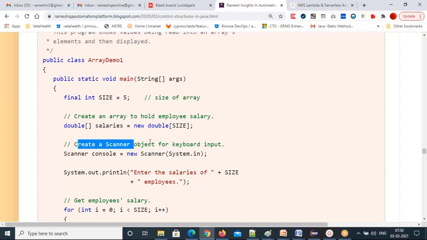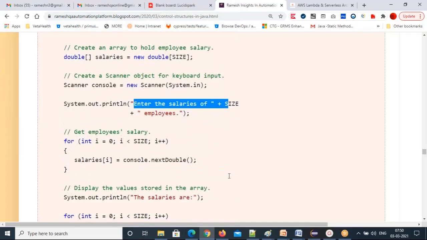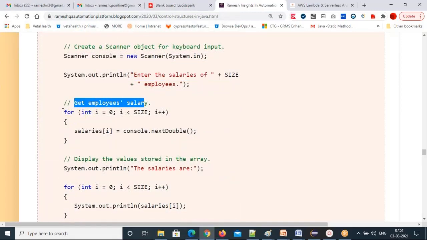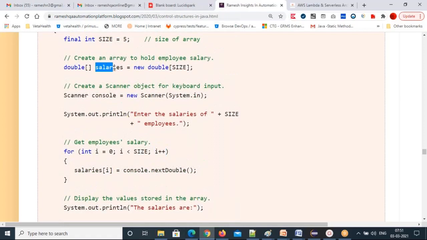So create a Scanner object for keyboard input. If you want to input from the keyboard, you can use a Scanner object. Scanner console equal to new Scanner(System.in). So enter the salaries of 5 employees. Get employee salary: for int i equal to 0, i less than SIZE, i plus plus. salaries[i], the array name is salaries.